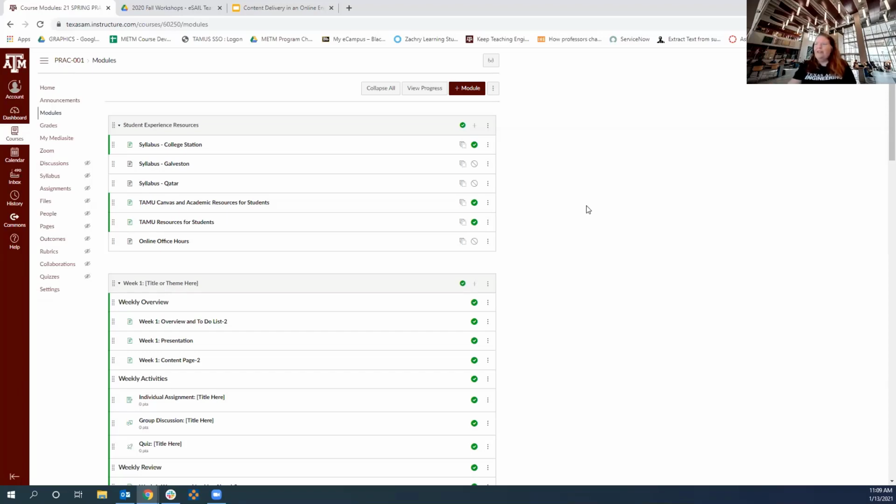So one of the first things that I may want to do in this particular case is student experience resources. There's things here that are linked in the home page, and there's academic resources for students, things that you're going to want to keep in this one. So the student experience resources I would keep, and I would leave it alone as far as what's published and what's not, with the exception of the syllabus, and we'll talk about that in a minute.